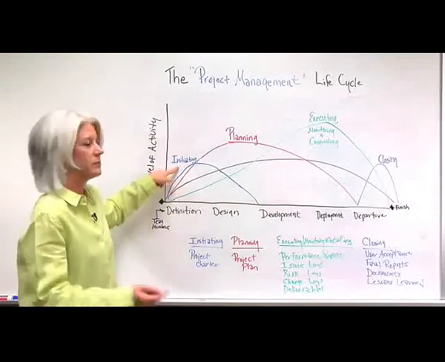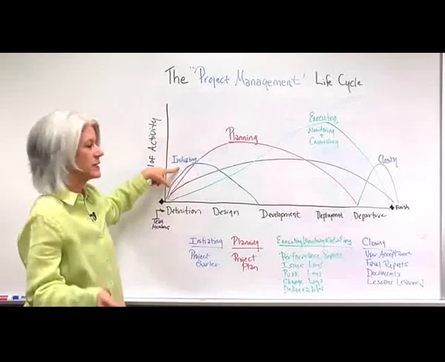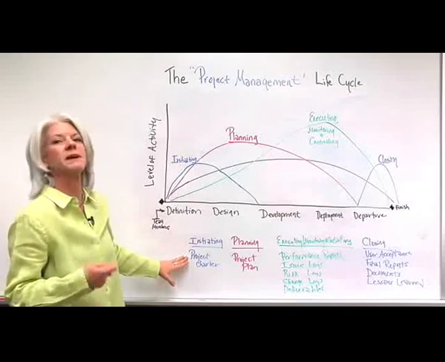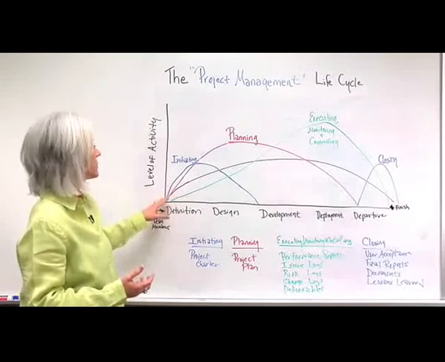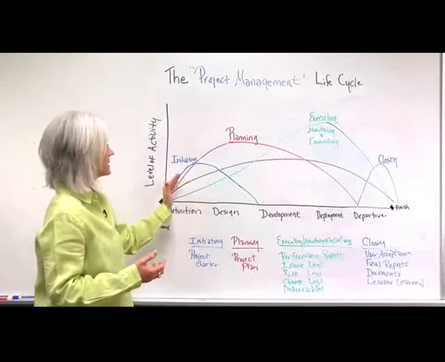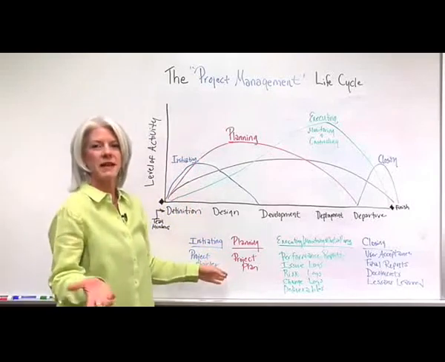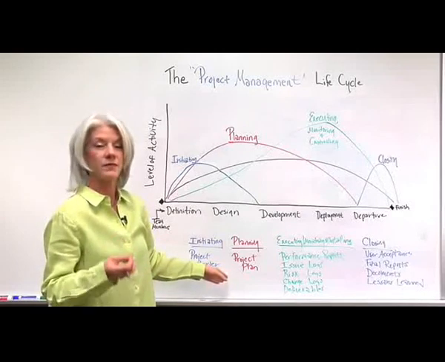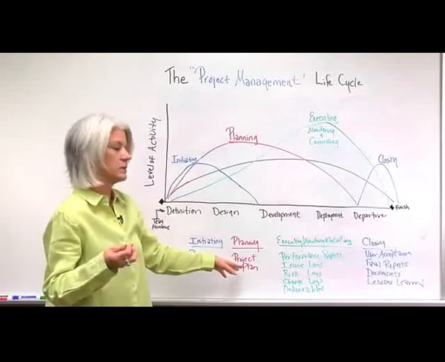So as the delivery process starts, the initiating of the project begins, because within initiating, remember we have the project charter, which is the main deliverable from initiating. So you get the approval and the sign off for the project. So it makes sense that that's here in the start. So the initiating begins, and then at the same time, the planning can also begin as well. So with the planning, remember the main deliverable is the project plan. So you're coming up with the processes of the schedule, the milestones, all of the main deliverables to be produced